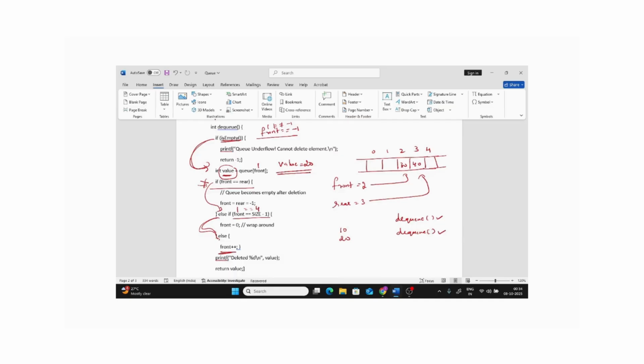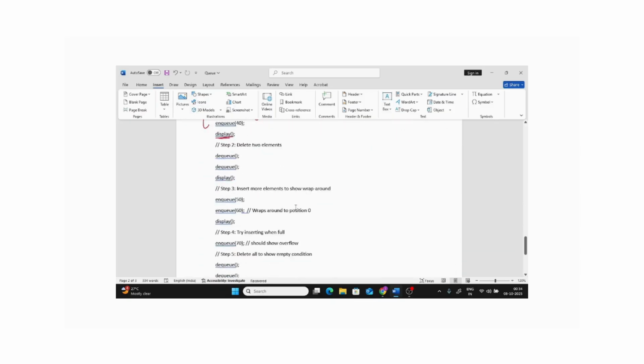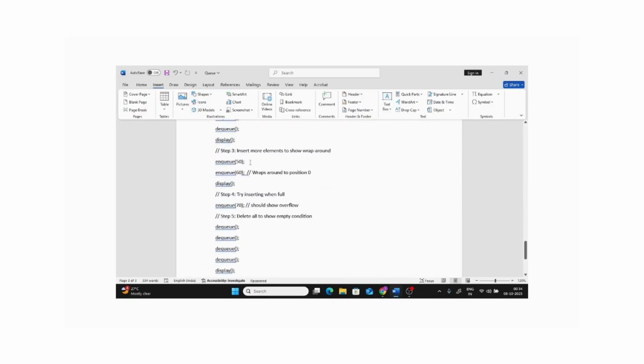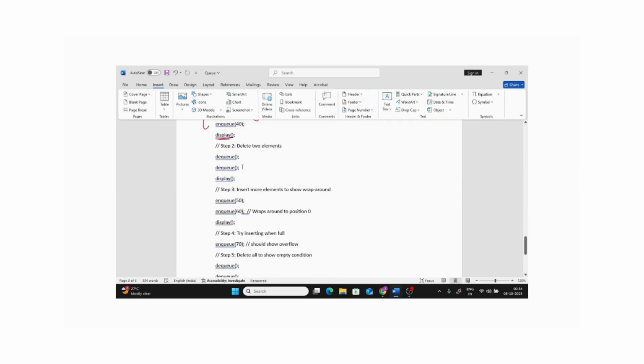Now front is pointing to 2 and rear is now 3. Please remember, front is 2 now and rear is 3. Now what happens if I want to insert? That is what our program says. If I want to insert an element right now, suppose I say now here, so now after Dequeue I